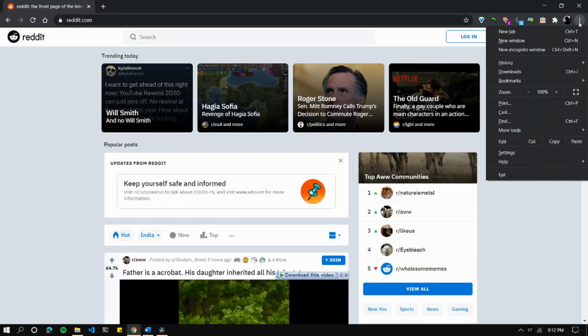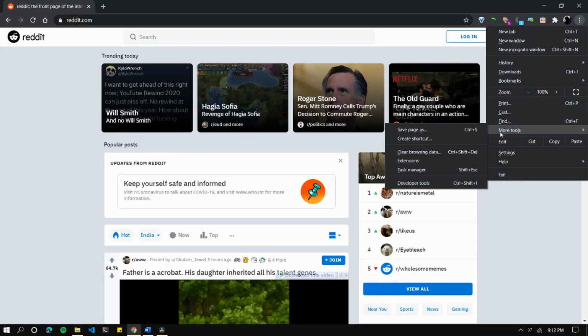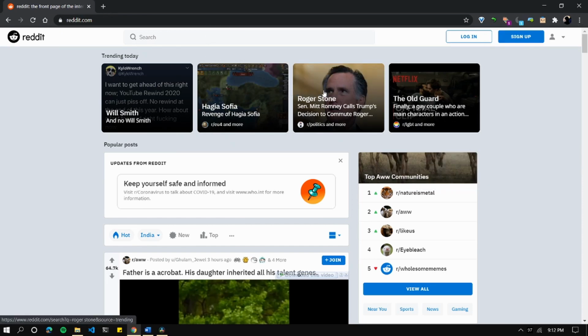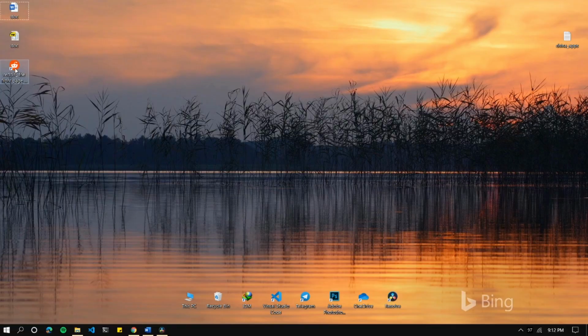Number two, Apps. There is a feature in Chrome and some other Chromium-based browsers called Apps. It is a feature that lets users use websites as apps. Just go to the site you want, click on More Tools, and click on Create Shortcut. You'll be having an icon for the site on your desktop.